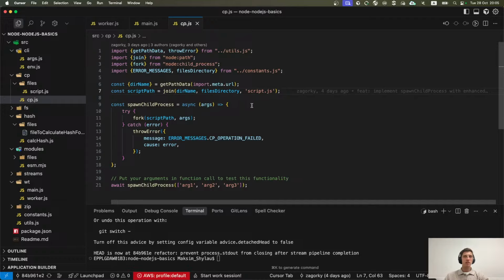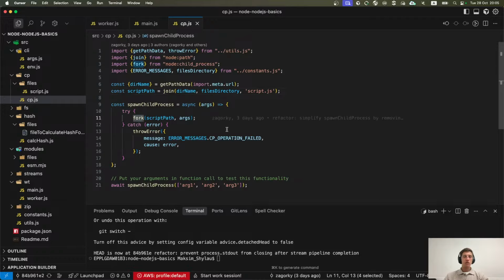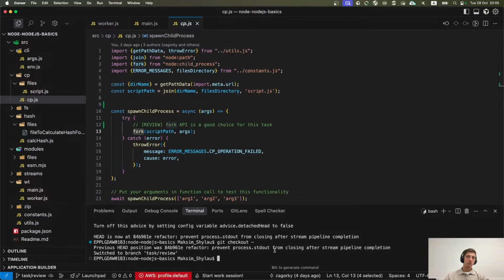Your task was only to write the spawning process code. Here the student used the fork API, which from my point of view is the best way to do it, because fork is designed specifically to create Node.js processes. Just in case, you can create any processes you need. It can be just a process that will perform some CLI operations for you.